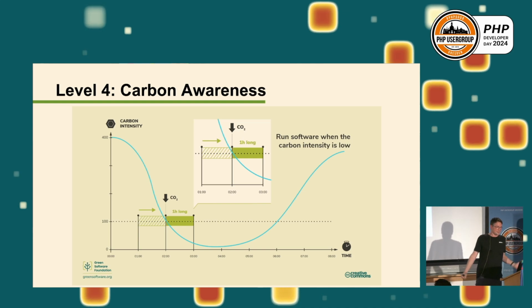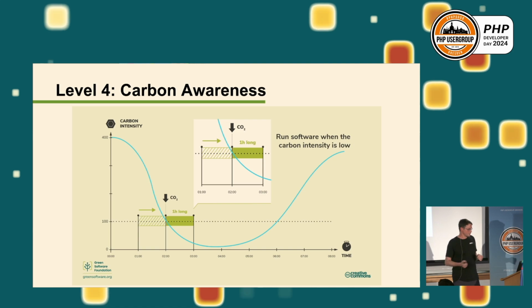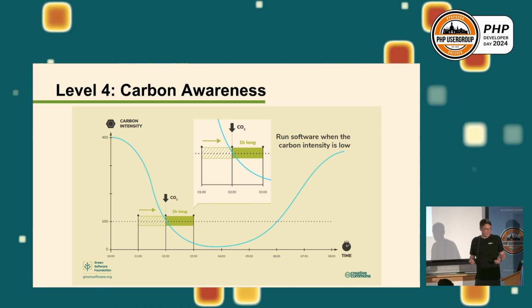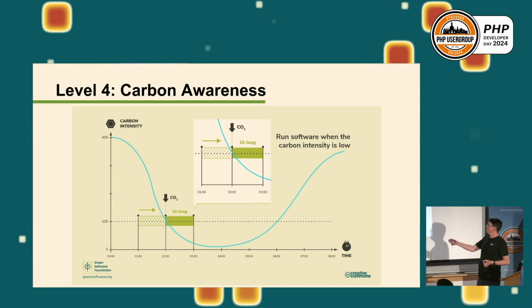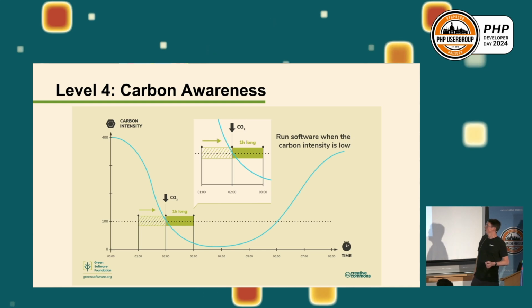In a nutshell, it's basically you want to use the energy when it's the greenest. So during the day, we have a lot of sunshine mostly, and wind is blowing, let's say. The carbon intensity is low. So how about moving workloads from times where it's not so good into times when the carbon intensity